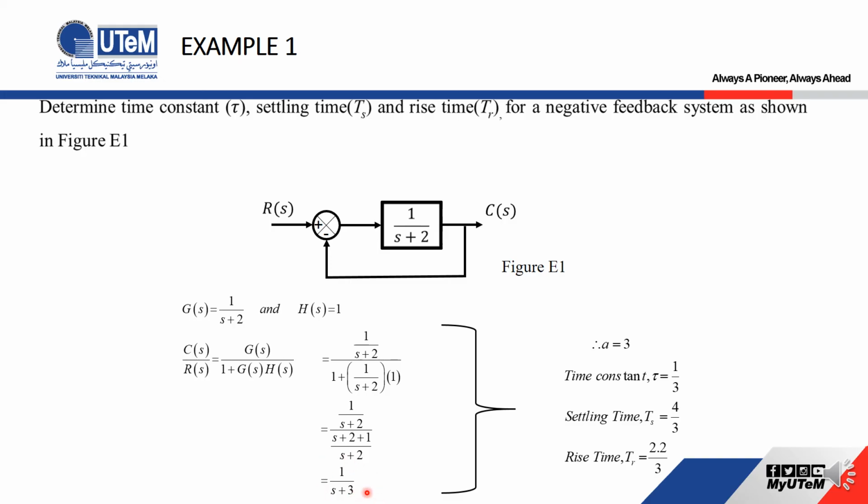Based on these results, we know that a is equal to 3. The formula for time constant is 1 over a, so the time constant is 1 over 3. To find the settling time Ts, we just use the formula that we derived before, where Ts is 4 divided by a. In this case, a is equal to 3, so Ts is equal to 4 over 3. Also for the rise time, we just use the formula that we derived before. So Tr is equal to 2.2 over